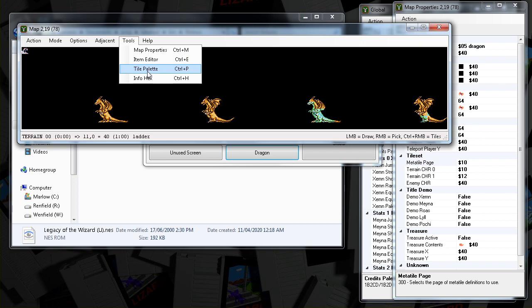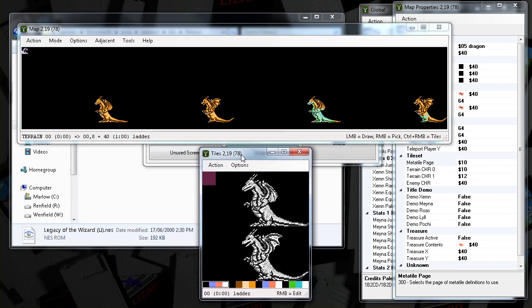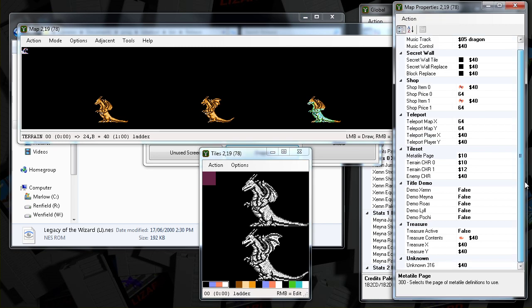So we'll just open up the tile palette so you can see that. There's actually just 2 dragon sprites here. The colors here probably don't matter. I don't think it really copies the color. But I think it's really only these 2 that matter. But what you'll find is there's 8 meta tile pages, each with 2 graphics on it. So the actual tiles on the map don't change, but the meta tile page is changed, and that animates the dragon.